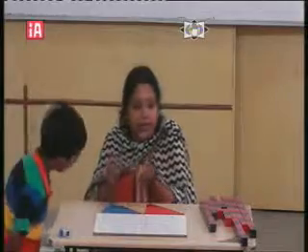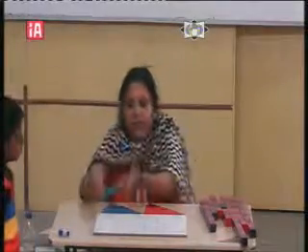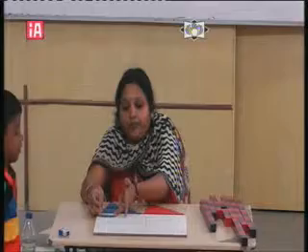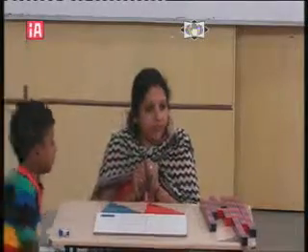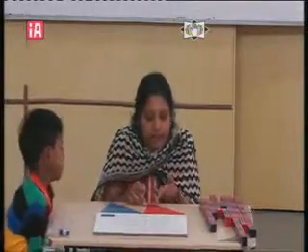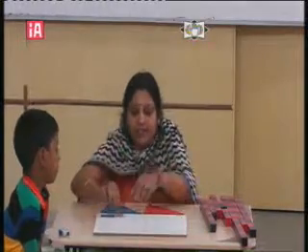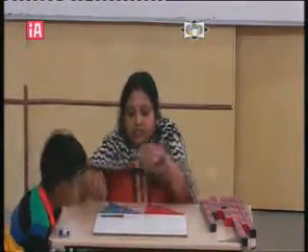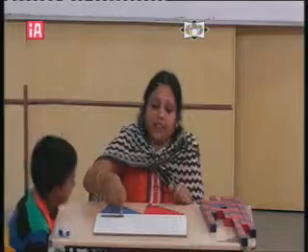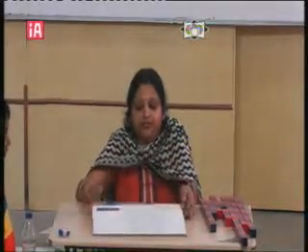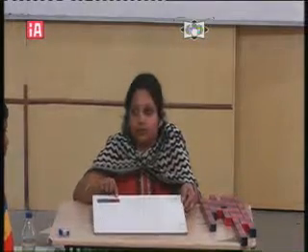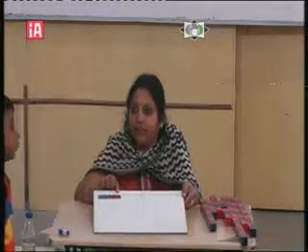So, the first number I will take 3, okay, I will place it here. I take from the other set, that is the red set, I will place it here. So, 3 plus 2 is 5. You can see the number 5 here. Can you see the number 5 here?